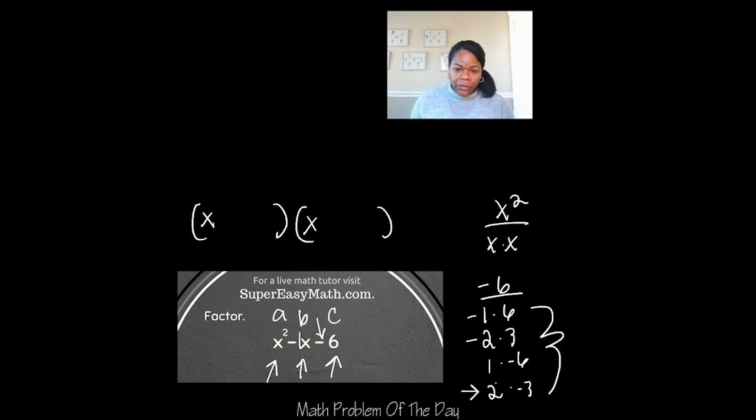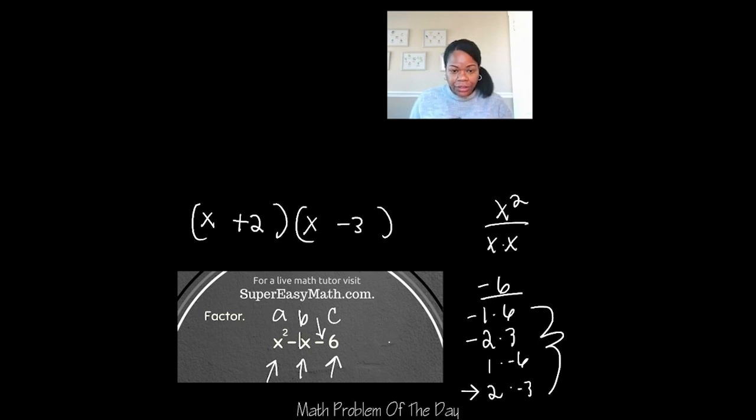Now, when you don't have a sign in front of it, that means positive. So that means this can be turned into like a plus 2, and that helps me figure out what my sign is going to be there. And then it's going to be minus 3 because I can see that was a negative 3, okay? So I have broken down this original problem, the x squared minus x minus 6, into x plus 2 times